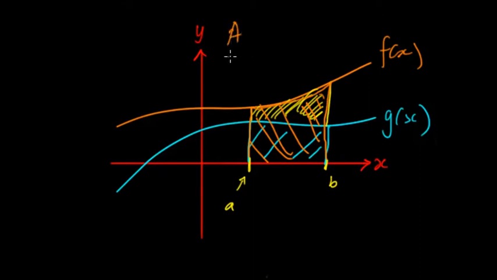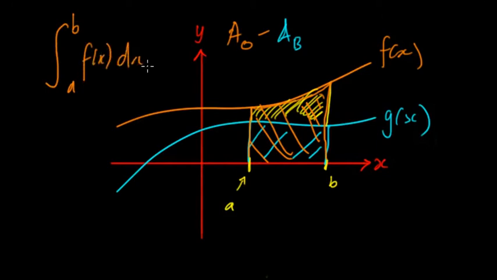So the orange area minus the blue area. What happens then is we're going to get this yellow area, because the blue is just the blue area, while the orange encapsulates the blue as well as this yellow bit, the bit in between. So if we calculate the orange area and then subtract the blue area from it, we'll get the yellow area. So whatever the blue is, it's going to be the integral from B to A of